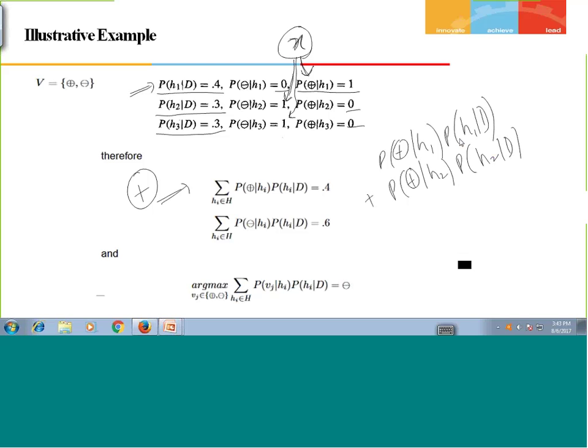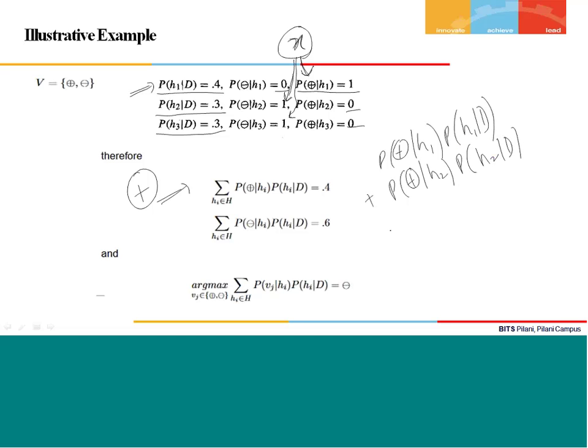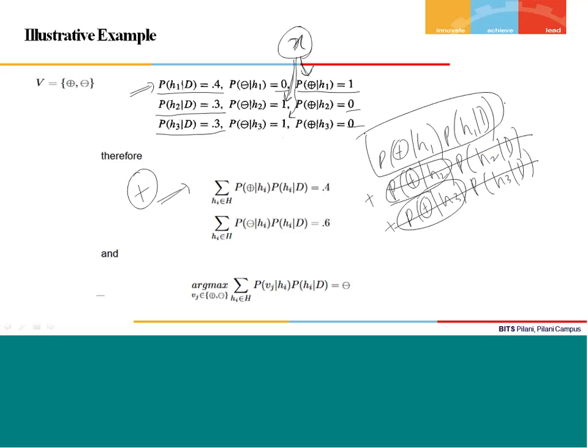Wait, I will address it. Plus P positive given H3, P H3 given data. In that case, you can see this expression is 0, so it goes to 0. This expression is also 0, it goes to 0. So the remaining thing left is 0.4. That's why this expression says that